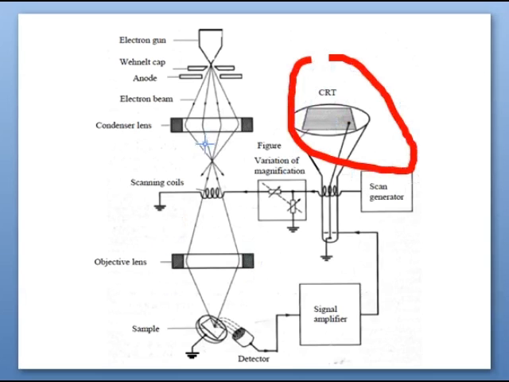Basically, electrons will pass through the objective lens, hit the sample, and secondary electrons are impinged on the detector. When we have a clear surface, more electrons are impinged, and more secondary electrons are generated from the surface. Those are detected by the detector, and on the CRT screen we can generate a clear image of that.